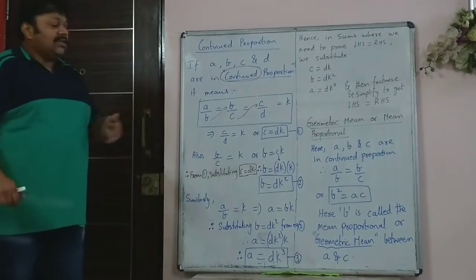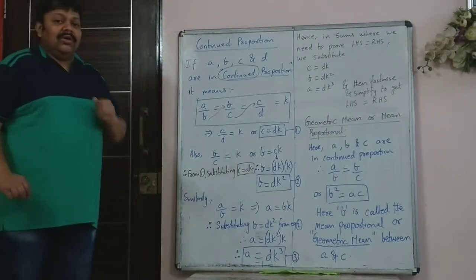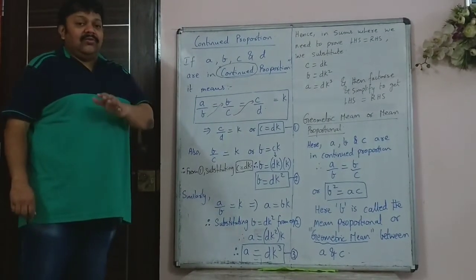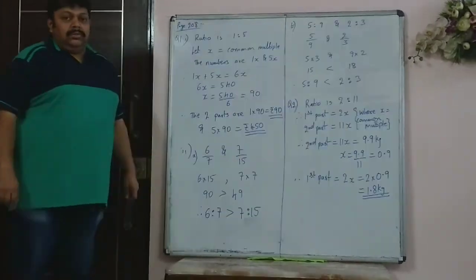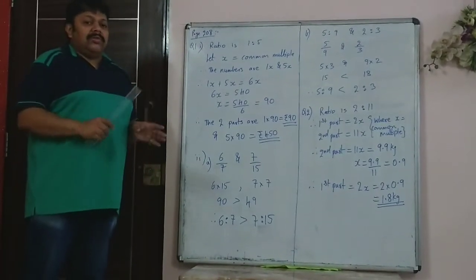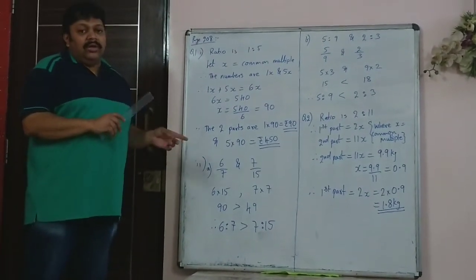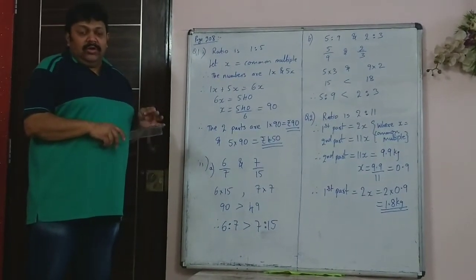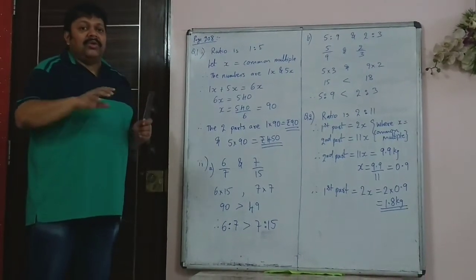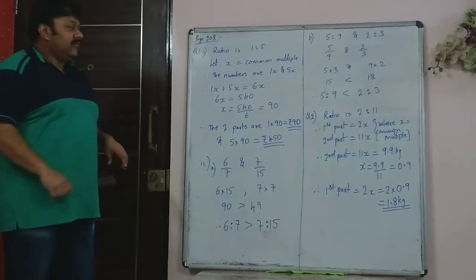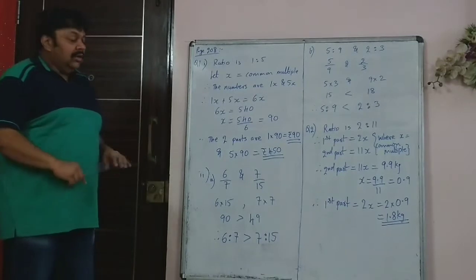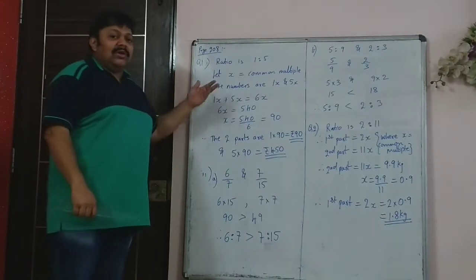So now with this we will start with the numericals which are given in our Anish tutorial book. Some of them we will do here and some of them, to understand them fully, we will do it in the Zoom session. These are general, very basic sums. Usually in this chapter your sums are based on either continued proportion or proportion, or you have sums based on the invertendo, alternando. Those are properties of proportion we will see later. These sort of sums are generally not asked, very rarely asked, once in a while. But we are doing few sums just so that you know the basics.